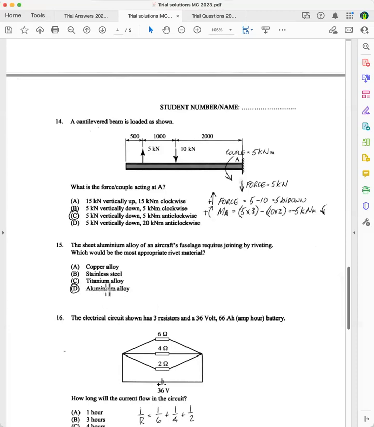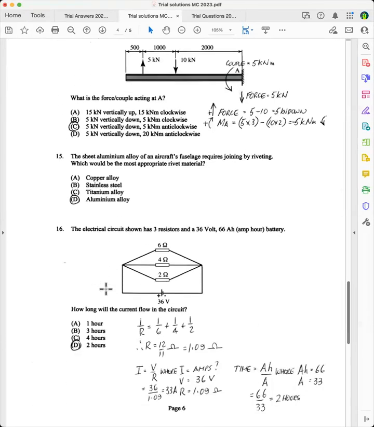And so aluminium alloy is the choice here. These other three materials would be further away from aluminium alloy on the electrochemical series, and so you'll get a cell, and it will cause corrosion. So aluminium alloy is the correct